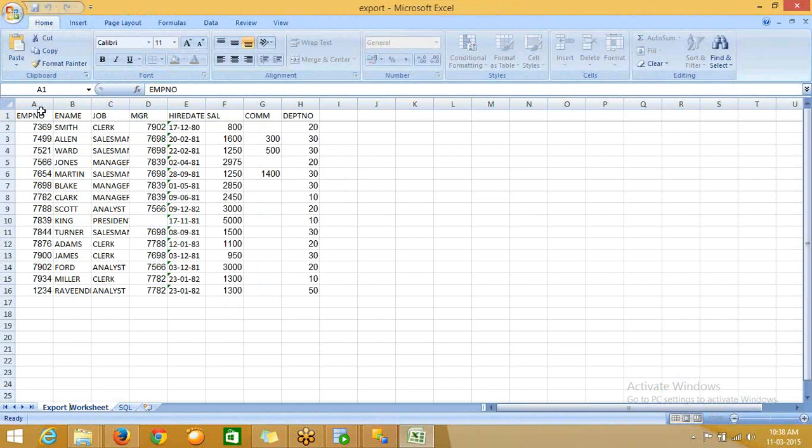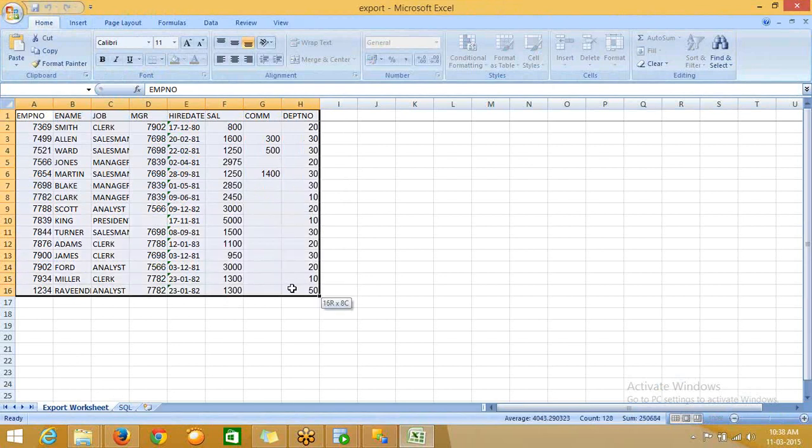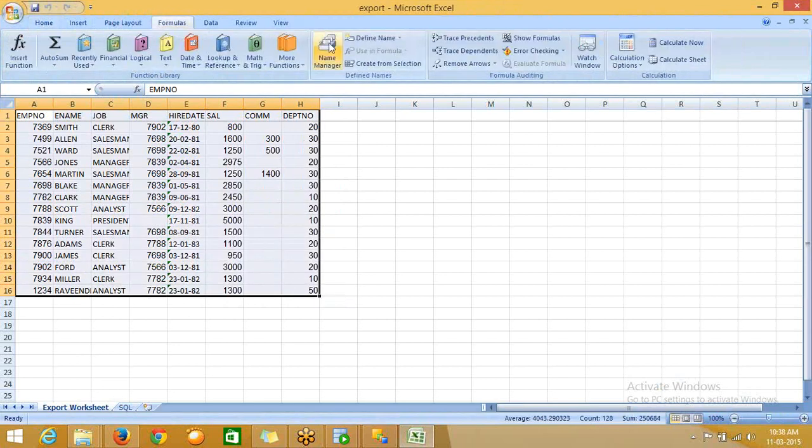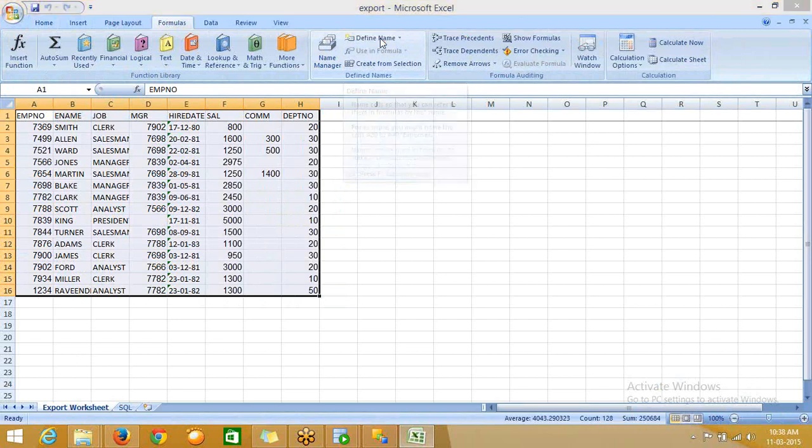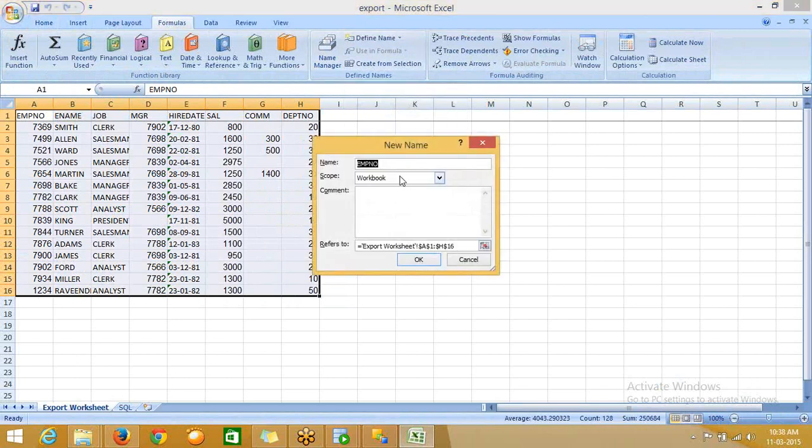So how can you do that? In the Formula tab, there is a Define Name option. So you need to define a name here. Because I exported from SQL Developer, I didn't give any name. I gave it empty, right? Empty means it will consider the export worksheet default name. So here we need to give a name,